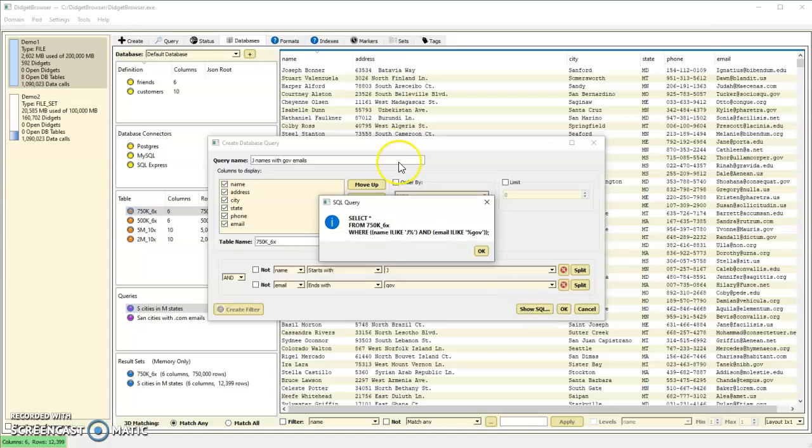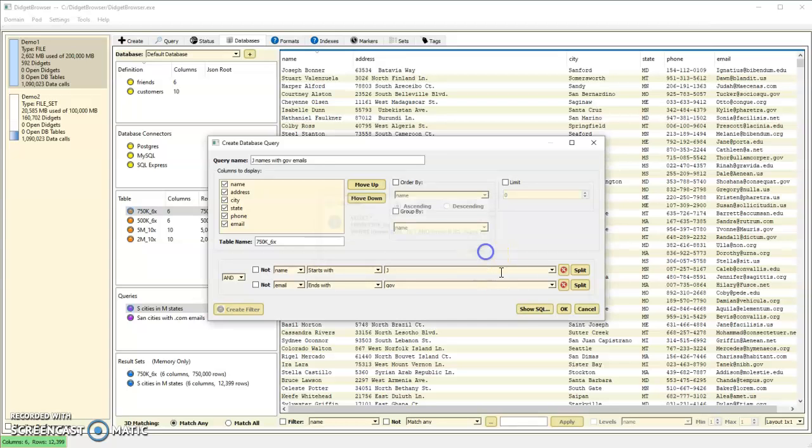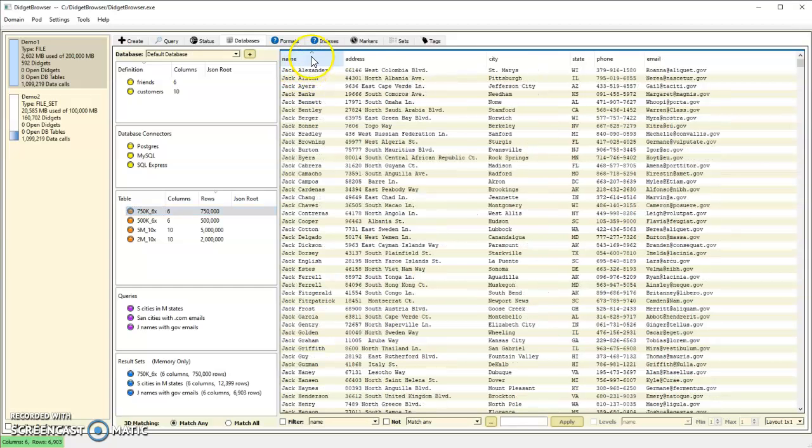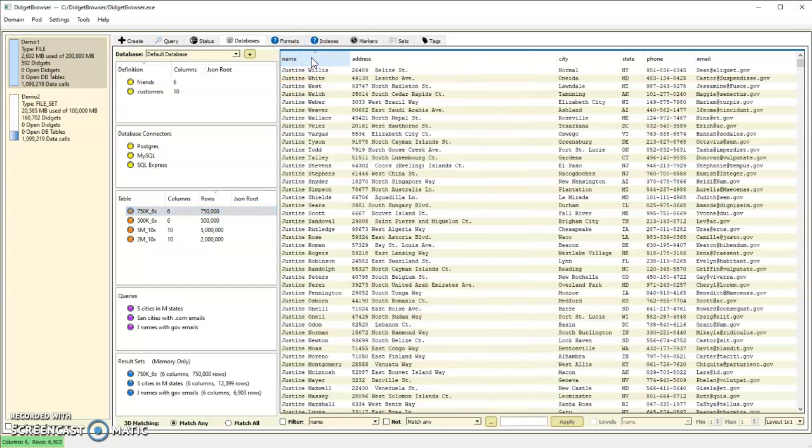If you show the SQL, it'll tell you where we're going to find the names that start with J and emails end in gov. Click the OK. You'll see it found 6,903 rows. Every name starts with J and every email ends in .gov. You can sort them by just clicking on the column header, and we'll see we go from Jack Alexander to Justine Willis